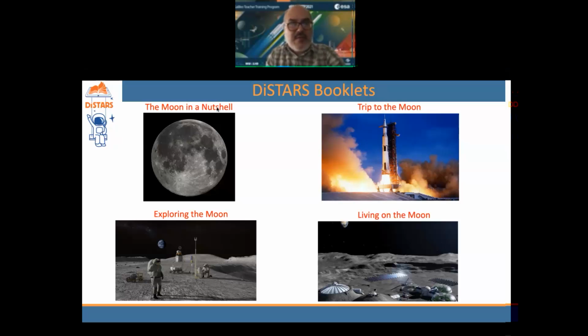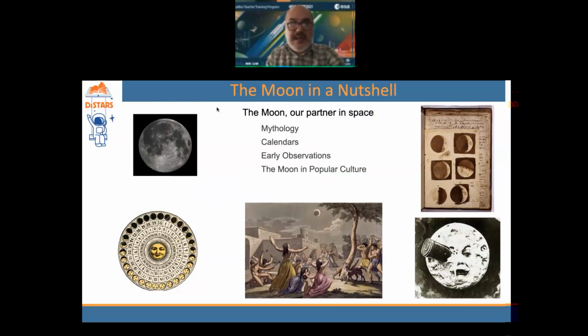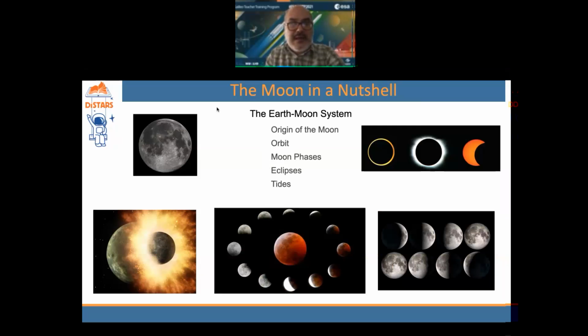So the G-Stars book contains 4 chapters. The first one is The Moon in a Nutshell, which tells the background of the moon, its importance in our culture, how it shaped our own society via the calendars, mythology, and also the interplay between the Earth and the moon on a physical basis.